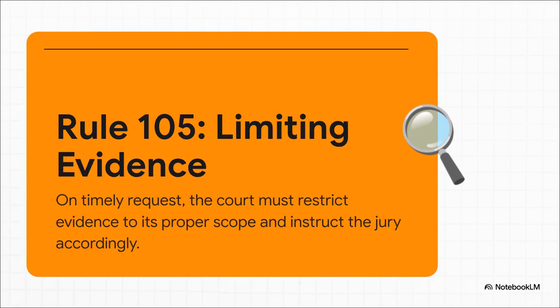Next up, Rule 105, which is about limiting evidence. See, sometimes evidence is good for one thing, but could be really unfair if the jury used it for something else. That was definitely the case with Melton, the co-defendant. He was testifying as part of a plea deal, which means he had a really good reason to lie to save his own skin. The judge couldn't just throw out his testimony, but he could put some guardrails on it. So he gave the jury what's called a limiting instruction. He basically told them, folks, you can listen to what this man says, but because of his deal, you need to look at his testimony with a whole lot of extra caution.